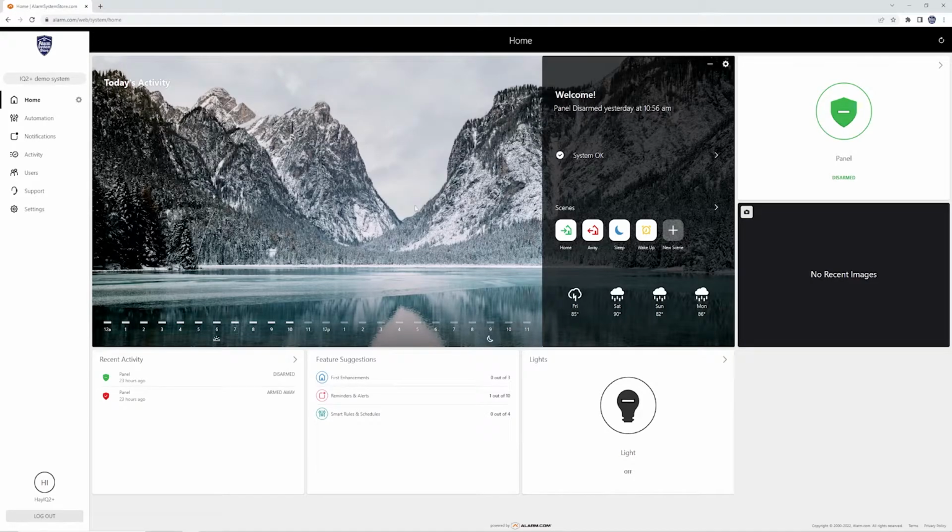Hey guys, Hayden here from Alarm System Store again, and today I'm going to be doing a video on Alarm.com's notifications and users sections. These are probably the two most common areas that you will get into once you get your service up and going, and I want to try and kind of make a series out of this where